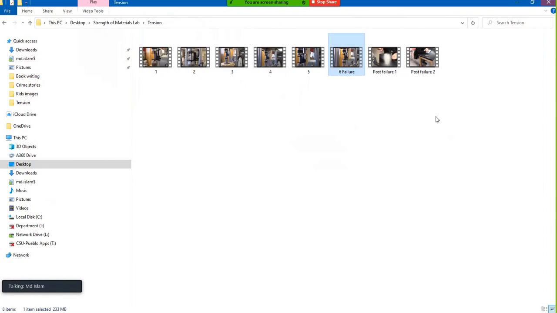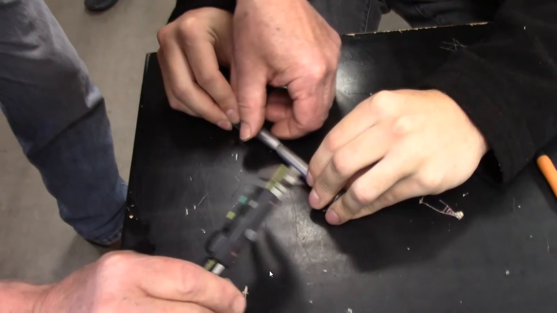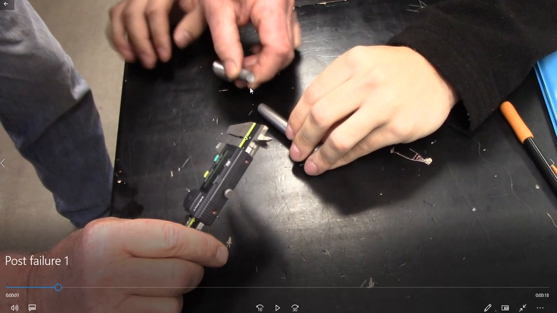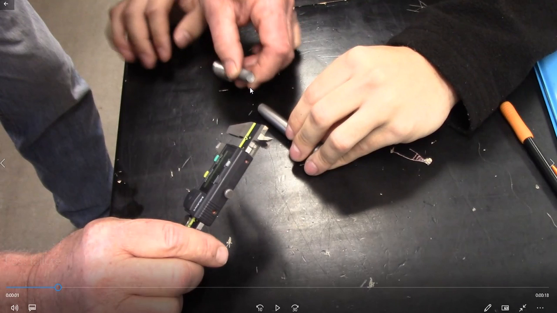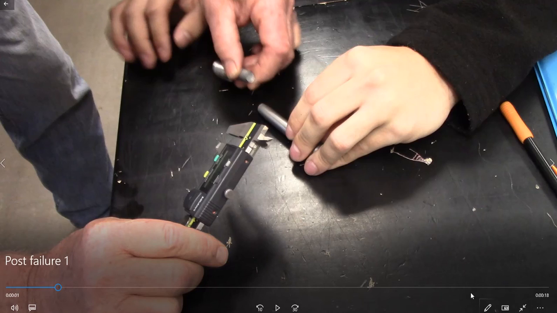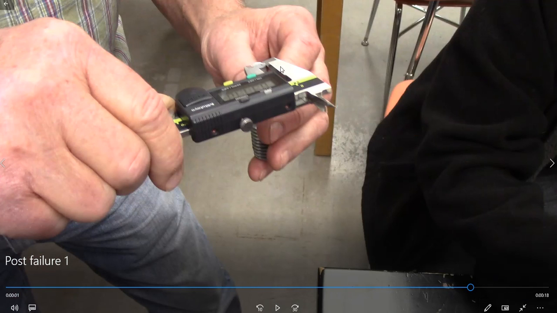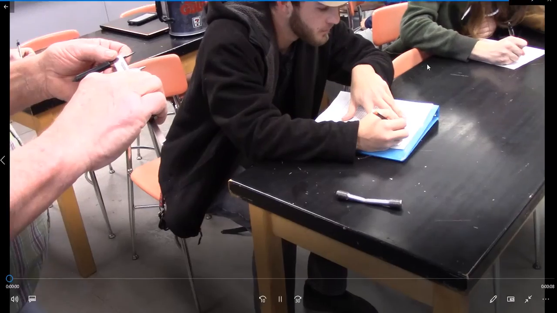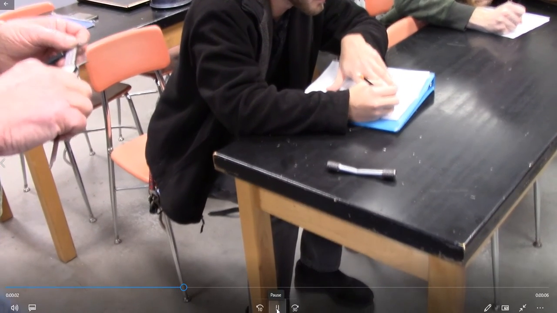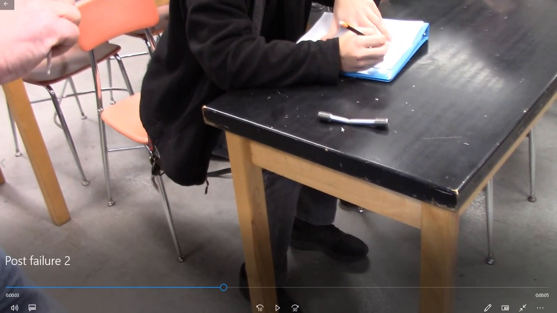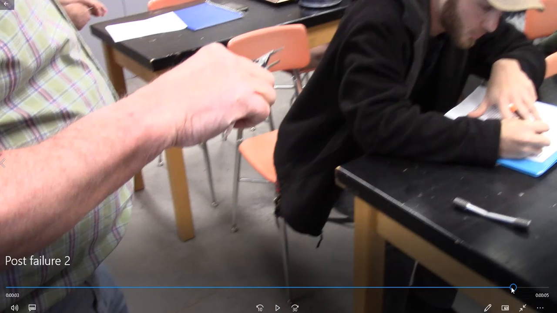Okay, so you saw the failure, and next, what are they doing? They are measuring the final diameter to calculate the percent decrease in area and increase in length. You can see they are measuring the final diameter. 7.35. Yes, so you can see the sample here, and they are taking all the dimensions. That means the total elongation and total decrease in diameter. So we will measure it.